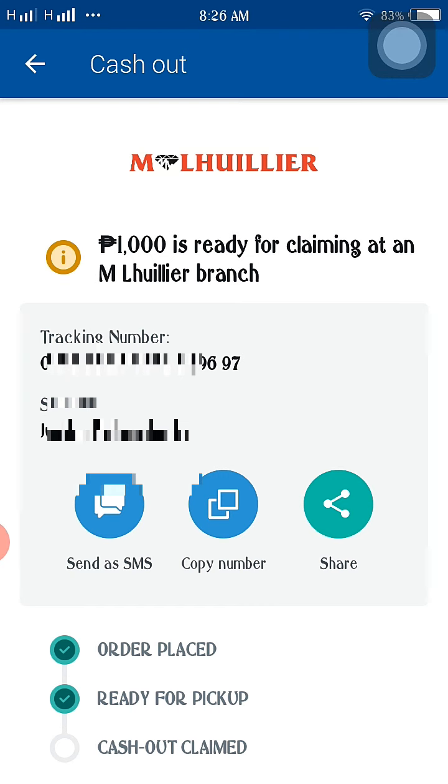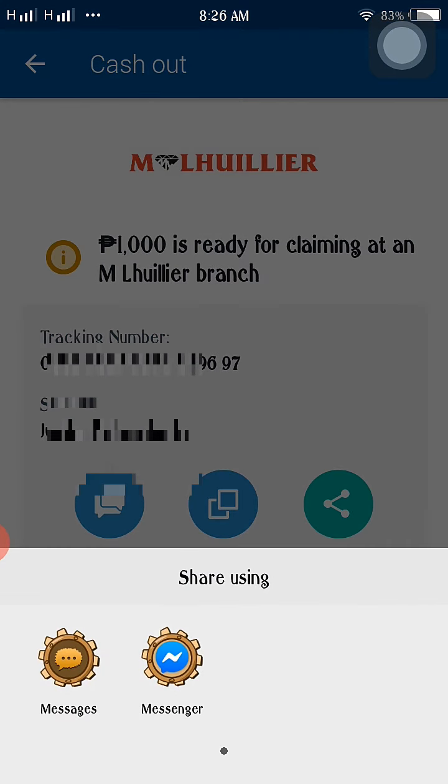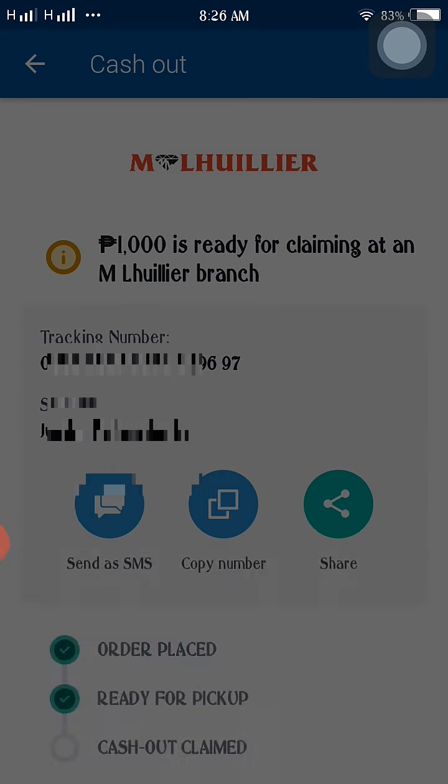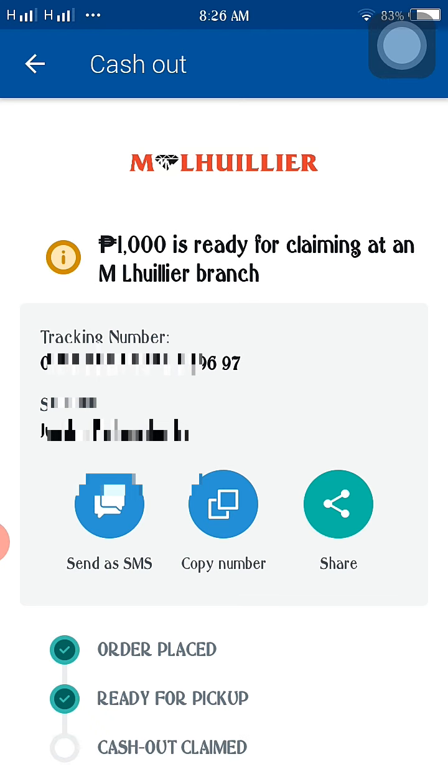And then next is you may also send this as a message to the one who will claim the money. You can send through message or through messenger the tracking code. And then you may also copy this number. You can copy the tracking number, and then you can send it to the one who will claim the money. And then